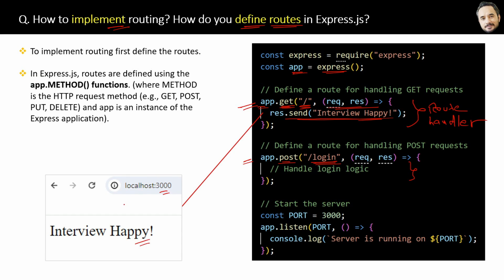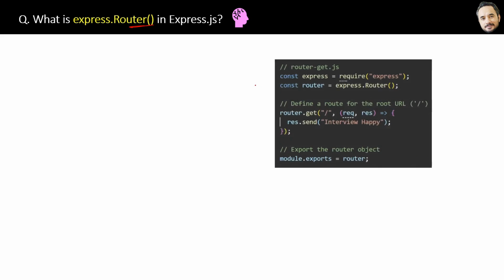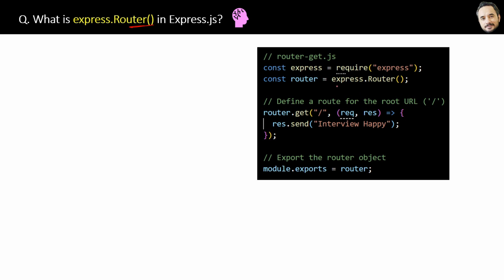Okay. What is express.Router in Express.js? You already know the answer, but I am just putting it here so that while revising the list of questions, you do not miss the small things. Yeah, that's what I always do. So here is the code for defining routing with the router method. And the answer is simple. Express.Router is a class in Express.js that returns a new router object.